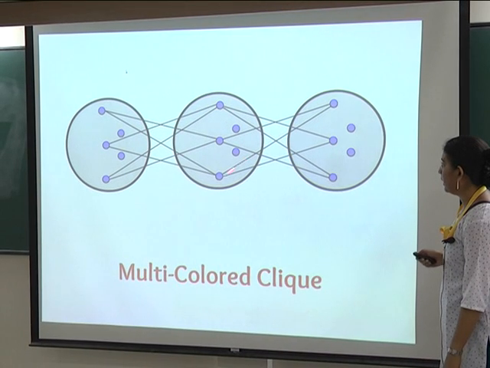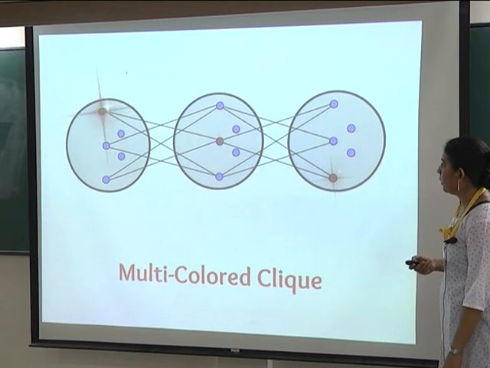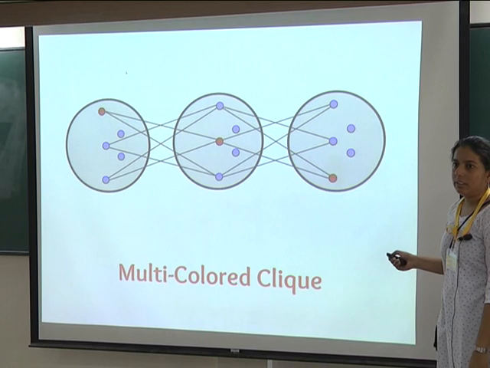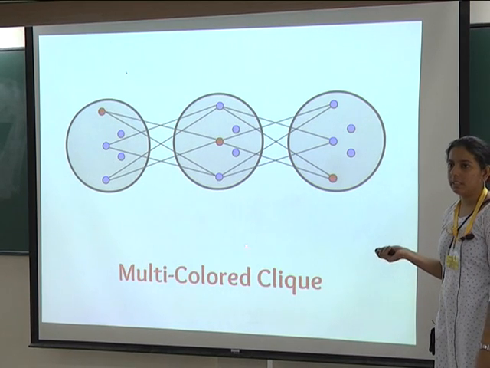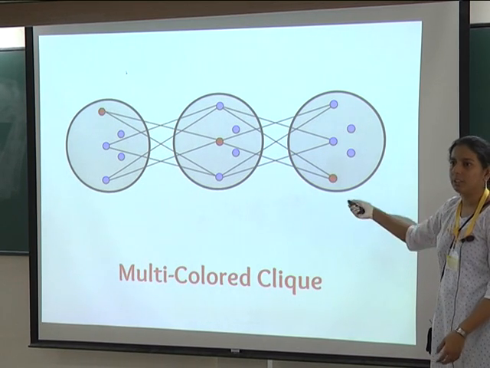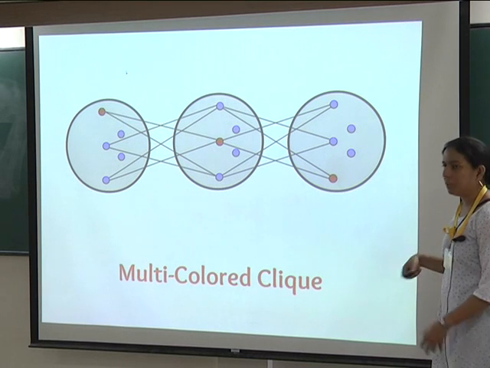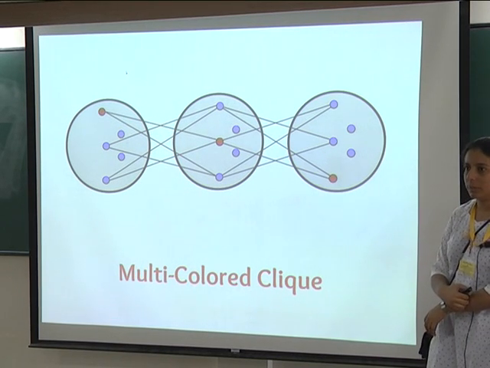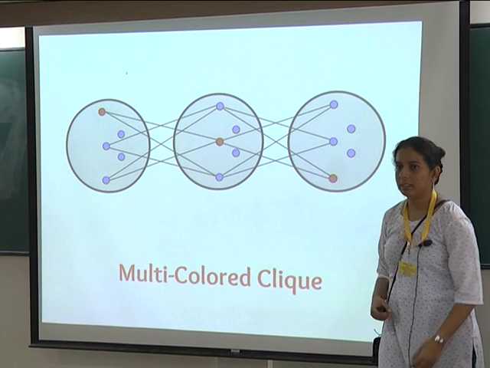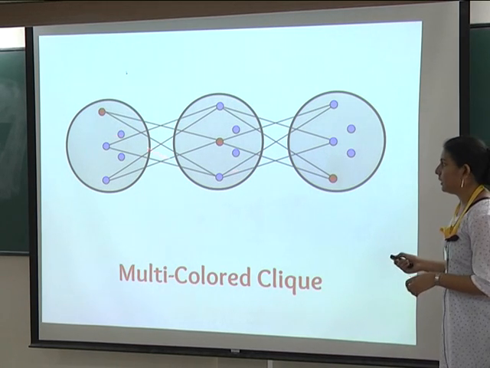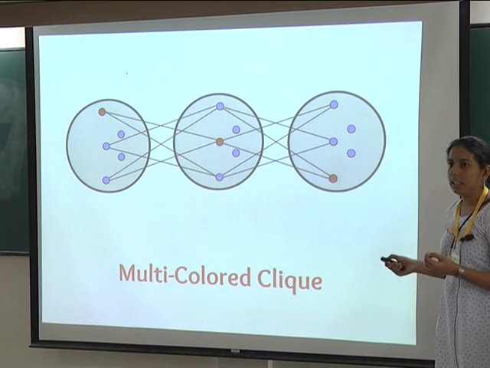Let's say we had a triangle here, A, B, and C. You just pick copies of those vertices here. The first copy of the first vertex in the clique, from the second partition you pick the second vertex of the clique, from the third partition you pick the third vertex in the clique, and so on, until you have exhausted all partitions. So you have k partitions, from each you have exactly one vertex,